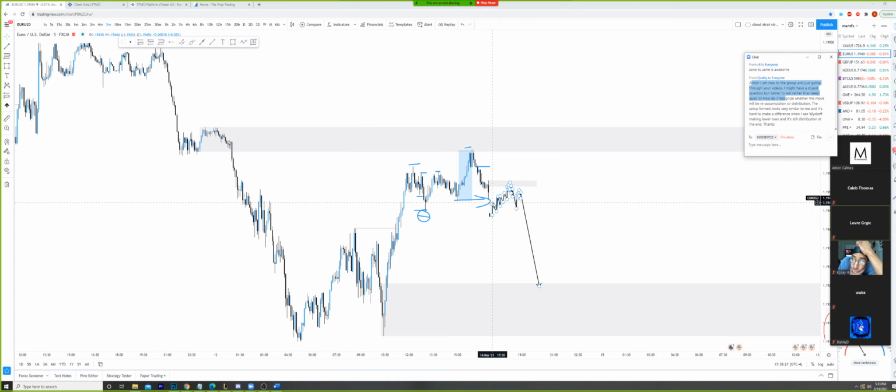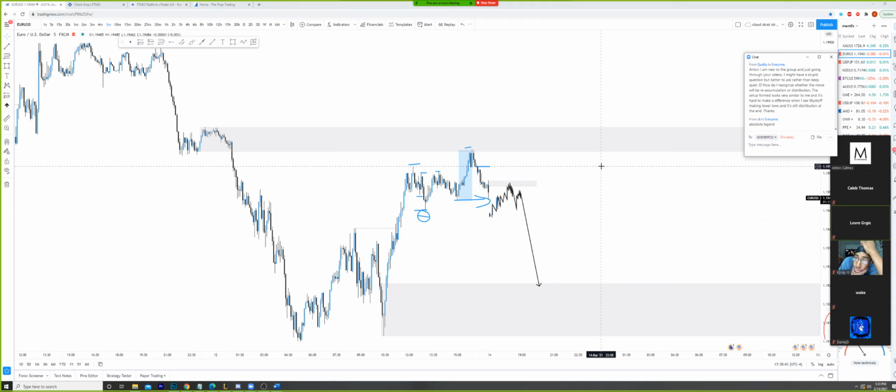Okay? Very, very crucial. I repeat it a lot, but it's definitely something that even the people that know about it in the group should hear. Okay? The setup form looks very similar to me, and it's hard to make a difference when I see Wyckoff making lower lows and it's still distribution at the end. Thanks. Yeah, so you understand how this works. Based on your overall structural belief about what is going on, and based on your overall areas that you're looking for mitigation to occur at, you are already expecting distribution or accumulation to form. If you begin to see a distribution occurring at an area where you're expecting accumulation, you can already expect that distribution to be a reaccumulation. You understand that? So they're one and the same thing.